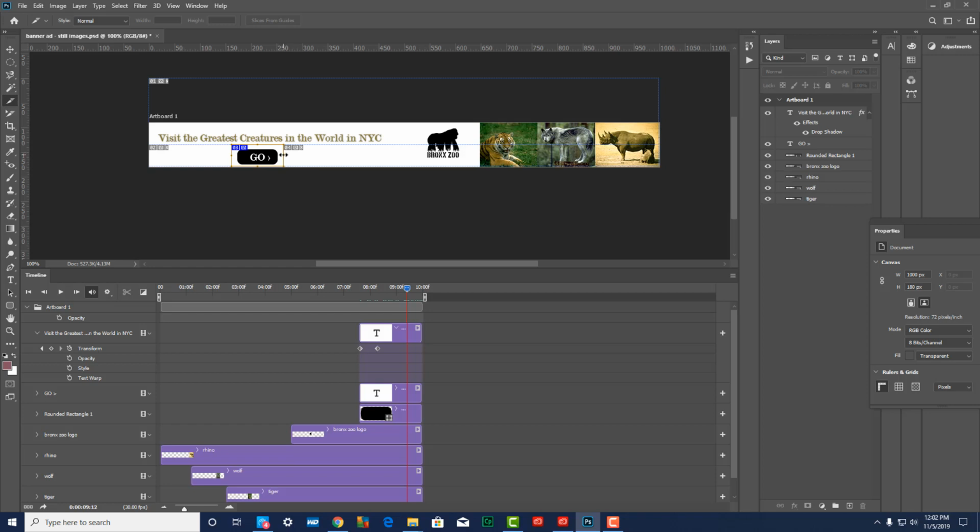Now, normally we just expand this out and put it across the whole thing, because ultimately wherever anybody clicks on the banner, we want it to work. But if you had different hotspots, you can do that. I'm just going to drag it all the way across. And now what we've done is we've got a hotspot. And if we go down to the slice select tool,